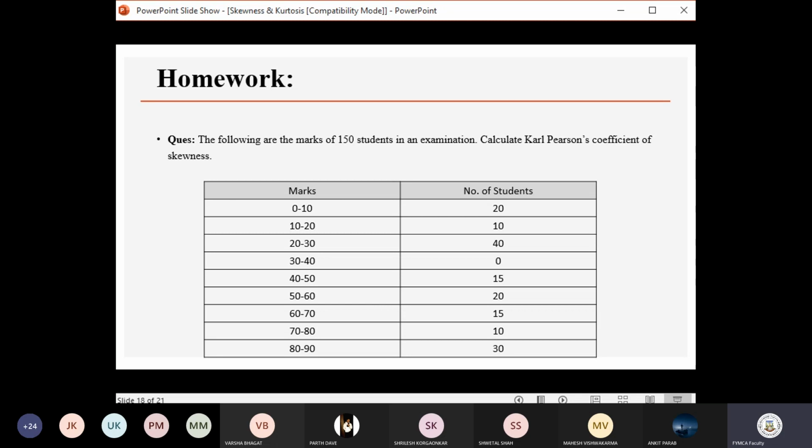So I think the mode formula is... Mode is easy, sir. Yes, I think mode you can apply the formula directly and get the answer. And if you are going for median, you will have to find out cumulative frequency, then respective values will be required, you need to prepare the table. But for mean, you need to calculate the mean too. So for mean, you will have to use this case. So you will have to prepare the table somehow. So you have to decide which method and which parameter you are going to use.